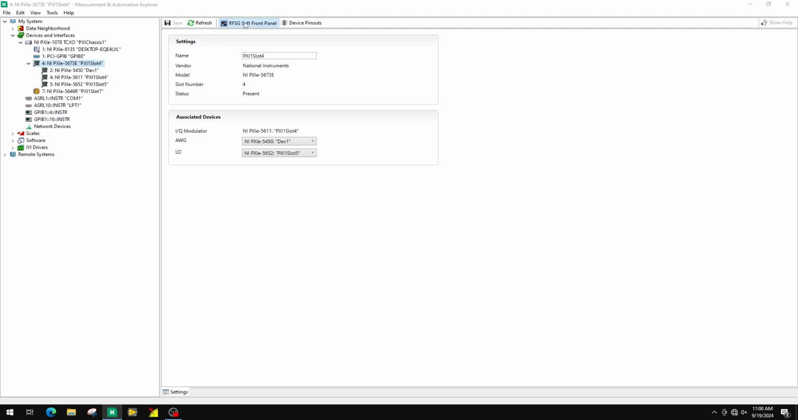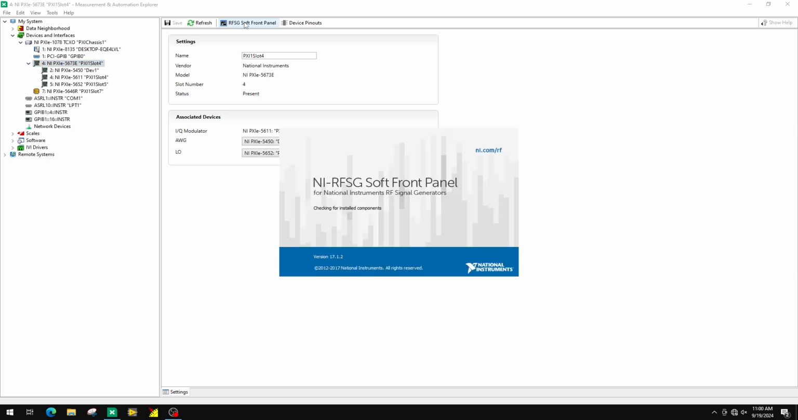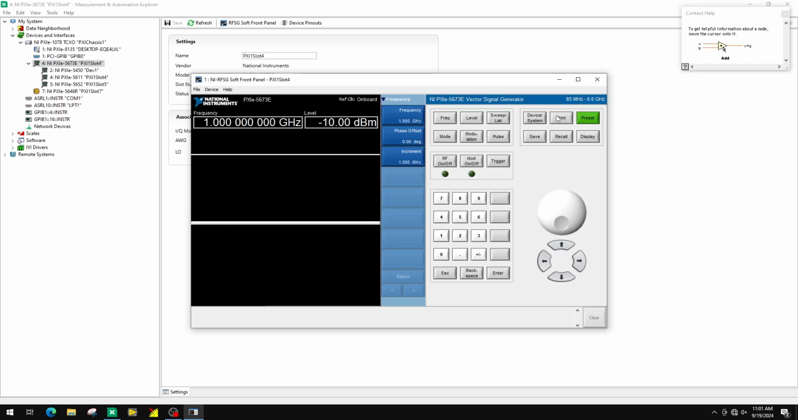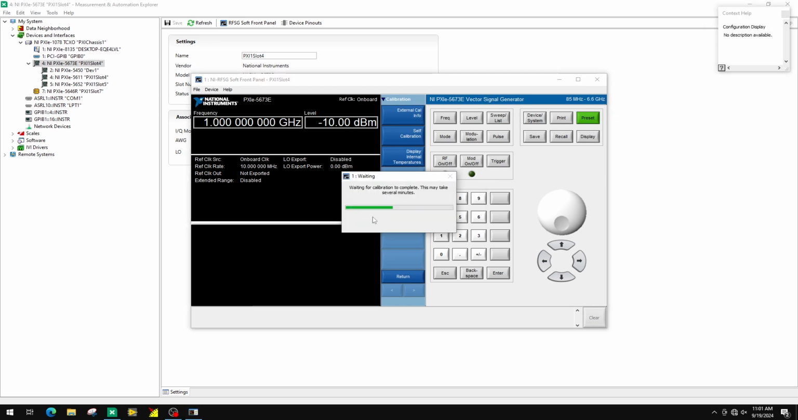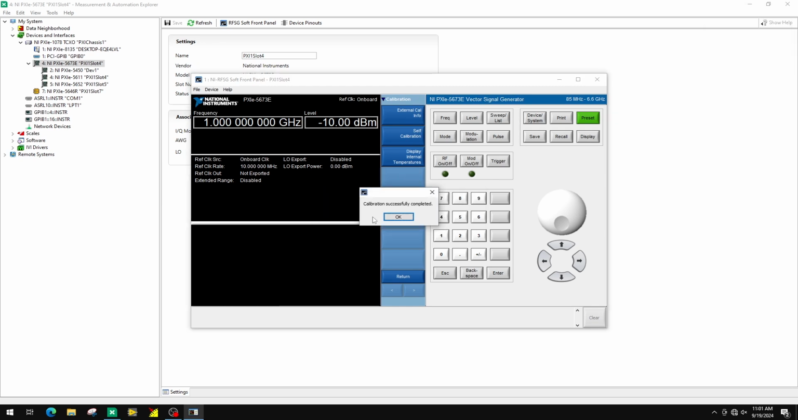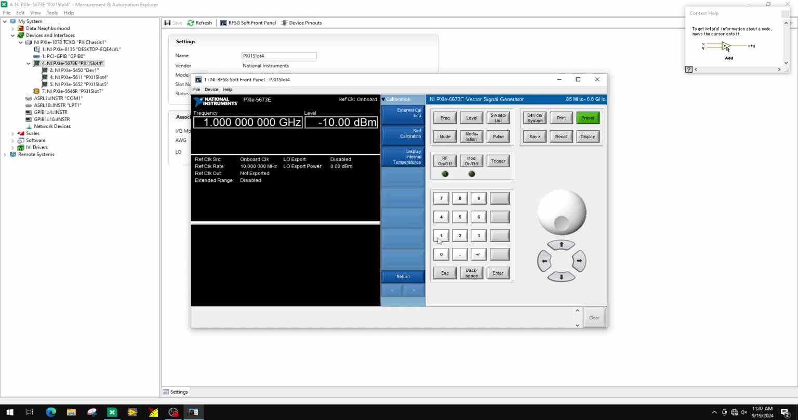Next, open the RFSG soft front panel from the top bar. Once it opens, select Device System and a menu will appear. Click on Calibration and select Self-Calibration. When prompted, confirm the action by clicking Yes. Once calibration is complete, navigate to NI